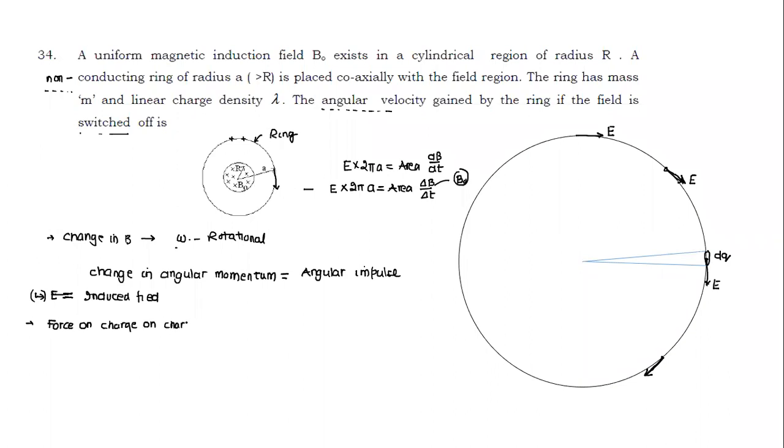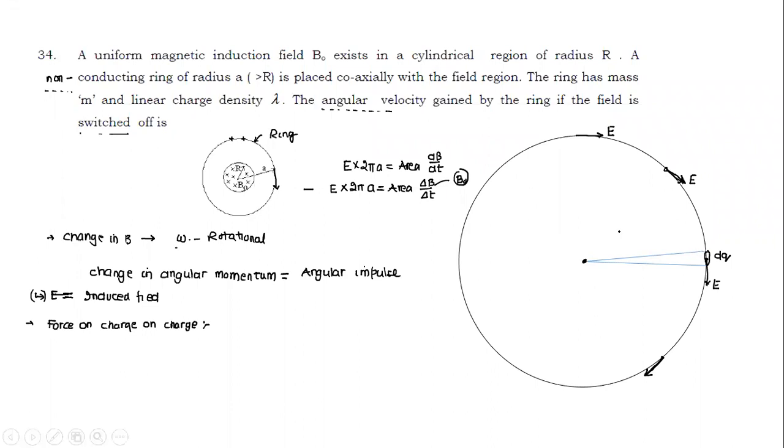So the force will also act in a tangential fashion. So I can calculate the force on the entire ring. What is the net force on the entire ring? It will be 0. I'm not interested in force, I'm interested in torque. So how should I calculate the total torque in the ring? I have to add up the torque due to all forces acting.